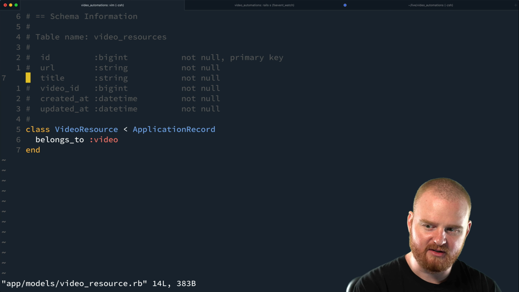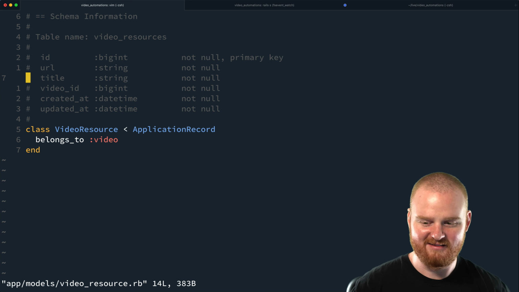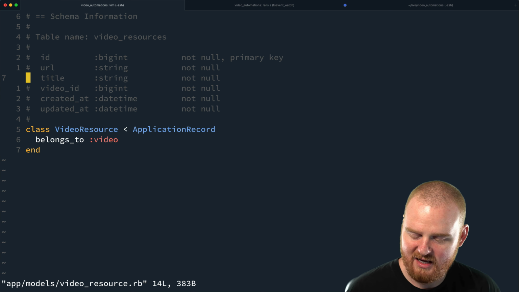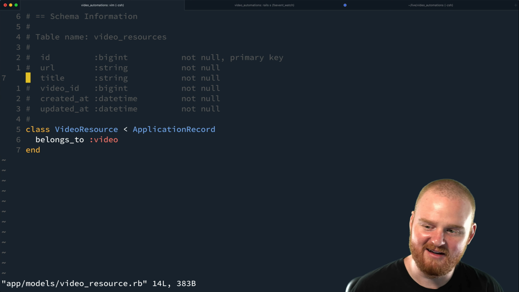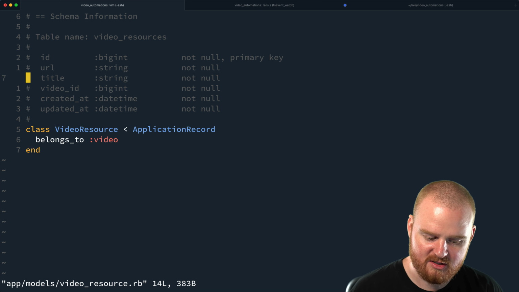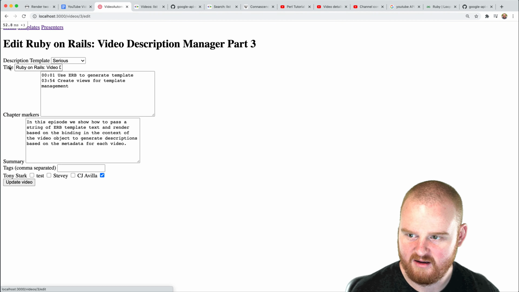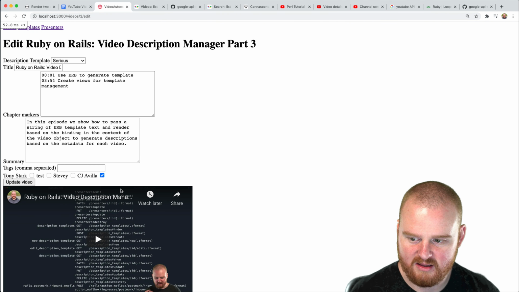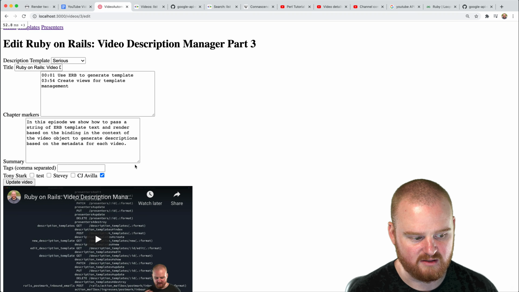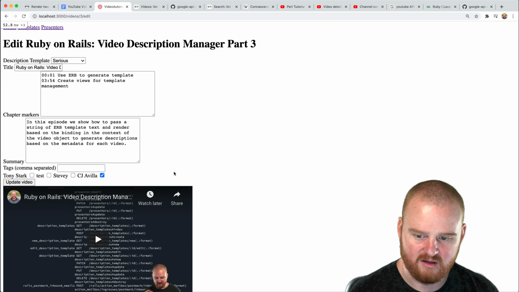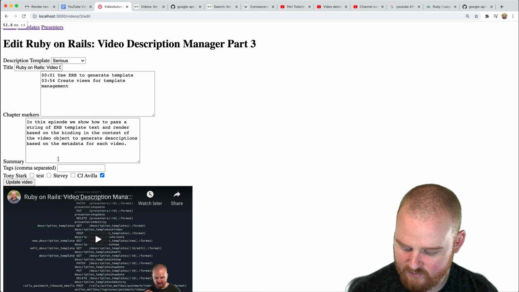So one option is to use this thing called accepts nested attributes for, but I don't want to do that because it's nasty. So instead, what should we do? I'm wondering if we should just do this bit with JavaScript, from the front end, right when we're in here. Maybe have a little button where you can click the button, it'll add 2 input fields that say title and URL, and then you can click plus or something to add more, and then when you click update video, those will actually, or like, yeah, you click plus, shows you the title and input, you type them in,